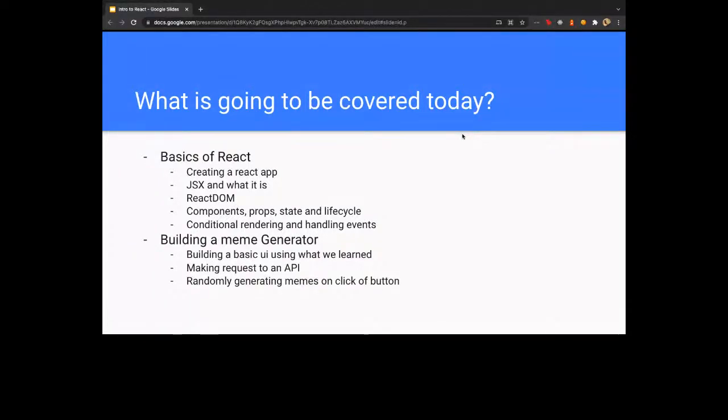And after that, we would build a meme generator, where we would build a basic UI, and then we would make requests to an API, which would give us randomly generated memes. And it should look somewhat like,